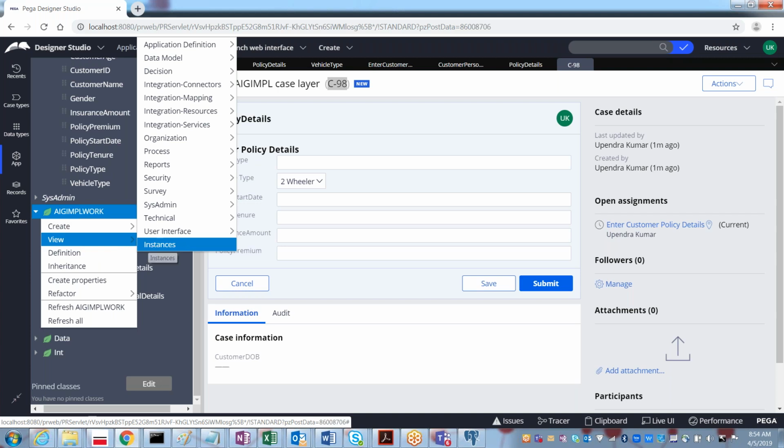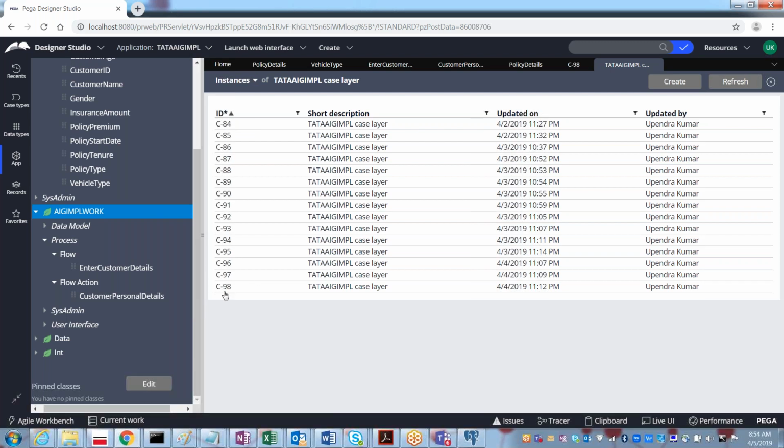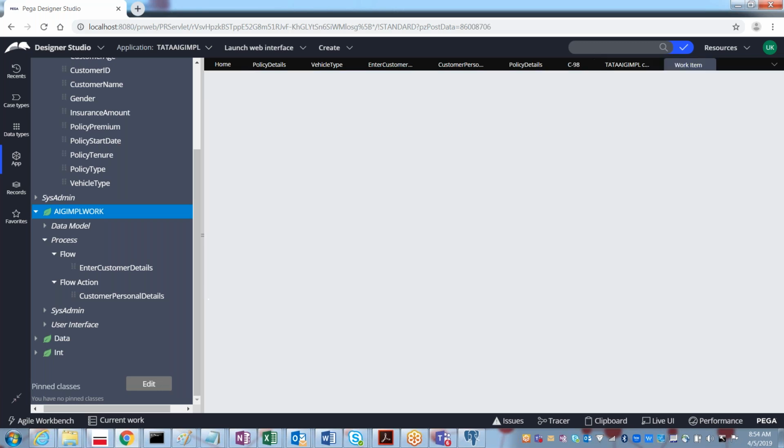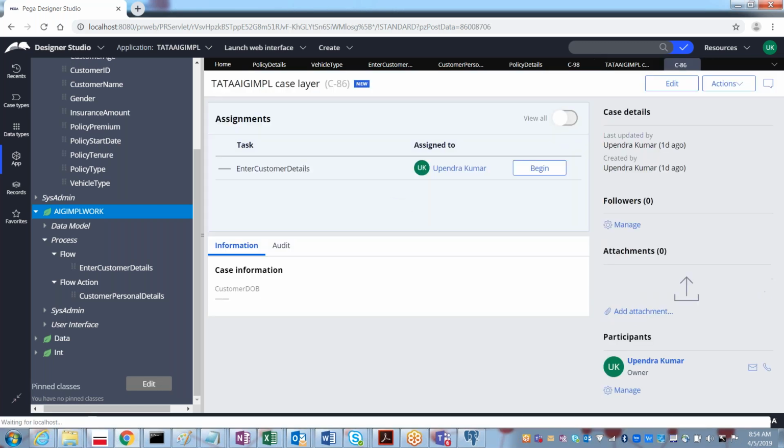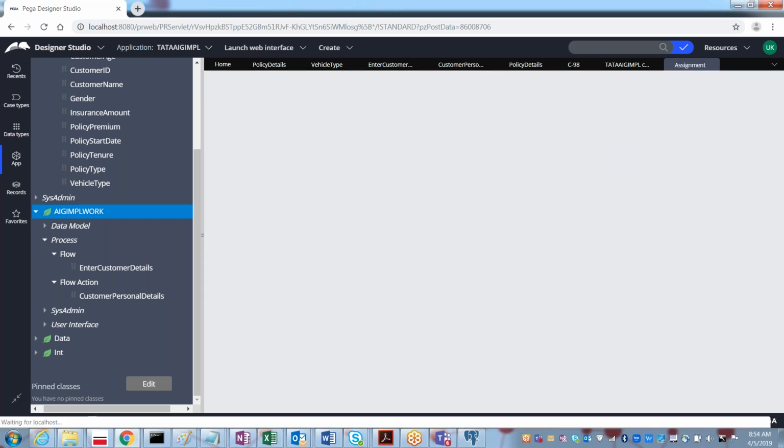Once you select view instances, it will list all the work objects you created for this work class. It started from C-84 and currently it is at C-98: 84, 85, 86, 87, like this. If you want to see any of the work objects, just select that work object and it will open it. C-86, like this.